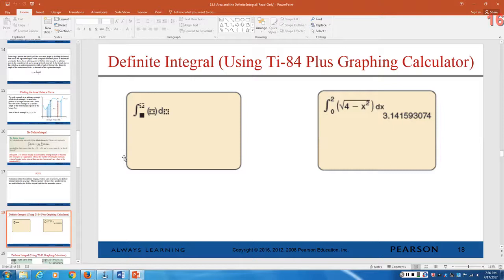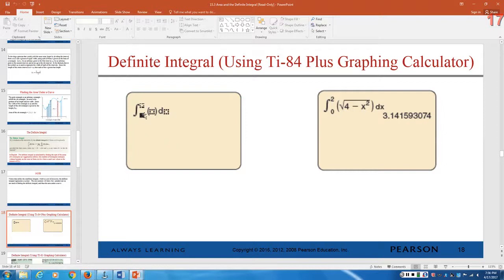So it's helpful to actually look at a graph of the function before you make a determination as to what your endpoints are, because those endpoints may or may not be what are stated in the problem. You may have to pick another value in between those two and break up that interval. But this is what you do, and if I were using the TI-84 to solve the problem I just solved,